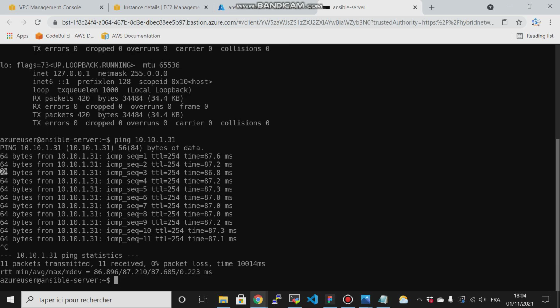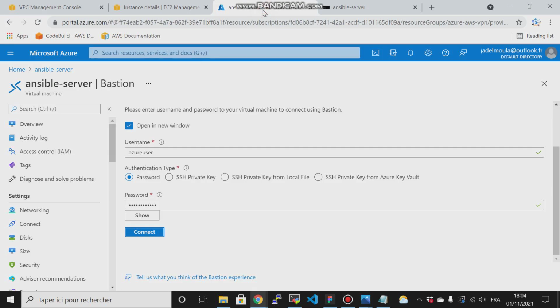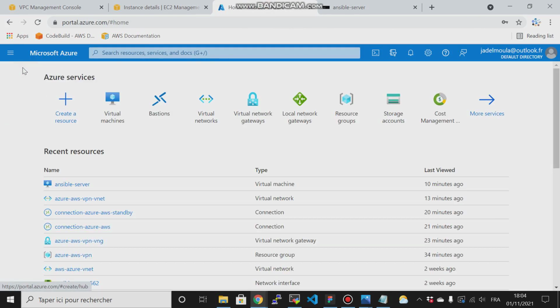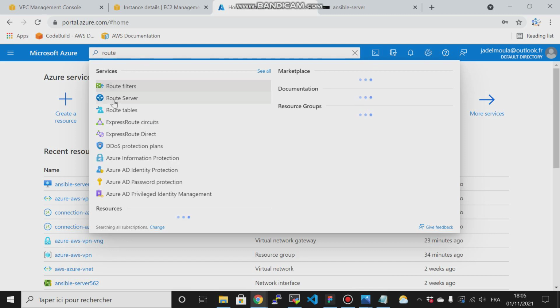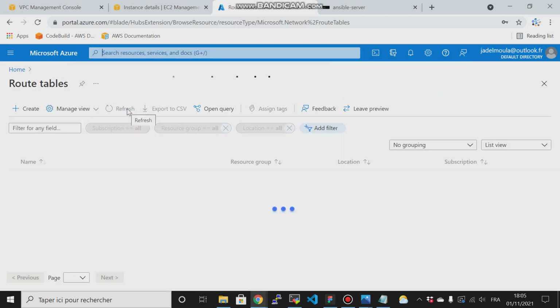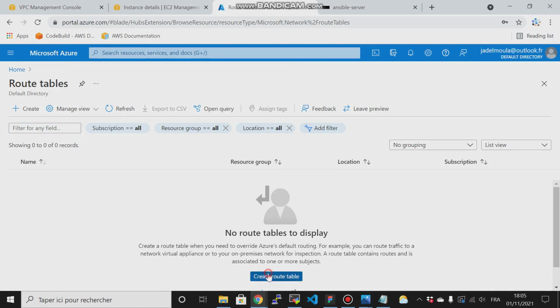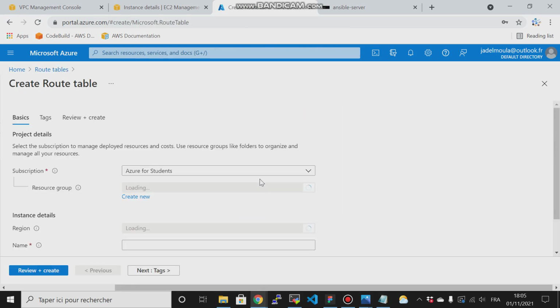If the ping does not work for you, you have to edit something, and that is to create your own route table, called user defined routes, right? Go into the route table, then create your own route table. I want it to be in the same resource as the